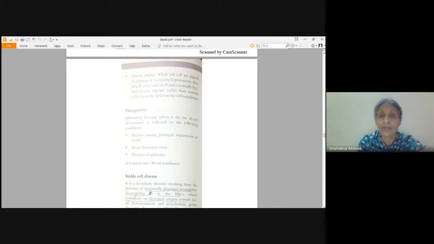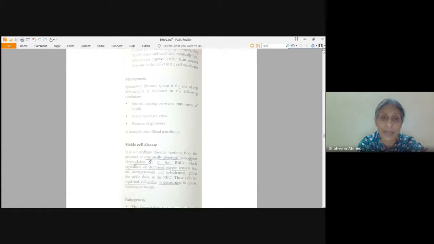In this, what you do is you place the red blood cells in a fluid which is hypotonic, and then you note the time, how long it takes for them to absorb water and burst. Then you keep on increasing the hypotonicity of the fluid and keep on recording the time. What we see is that spherocytes rupture early as compared to the normal RBCs in such hypotonic fluids.